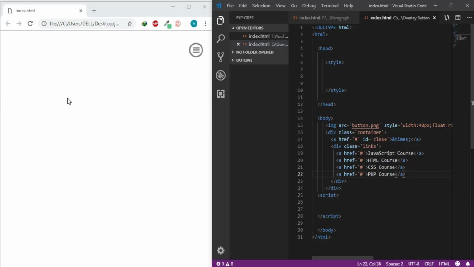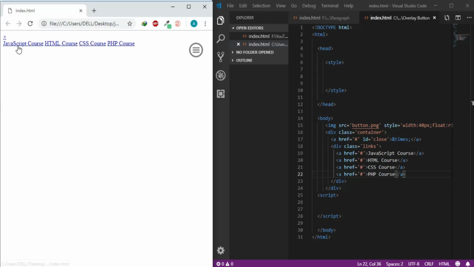So let me save now and see. So here are the links and the close button, but of course it will be much better when we add